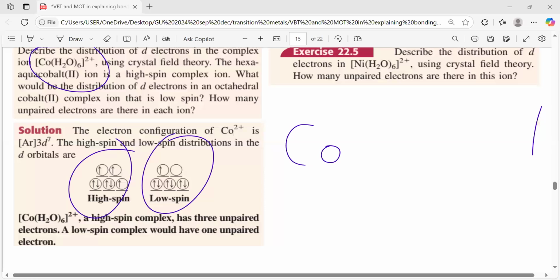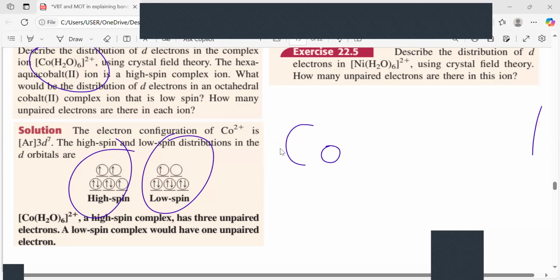Just a minute, I'm having issues with power, so let me just get it stabilized, then we'll continue. So if cobalt is a D7,